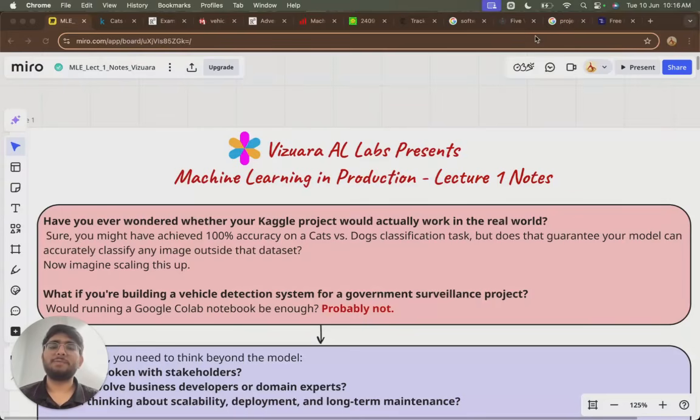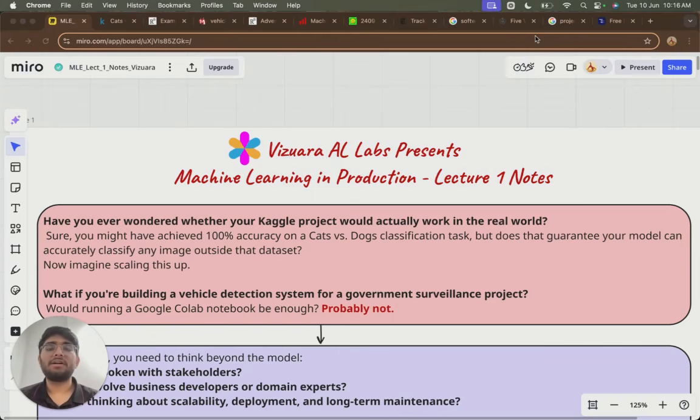If you're a beginner in machine learning, which platform would be the first you would explore? The platform that you would explore will be Kaggle. Always, if you just look back, if you are advanced in ML, just remember what was your first Kaggle project. So your first Kaggle project might be cat versus dog classification or a Titanic one. These are a few projects that every ML practitioner has gone through once in his life at the beginning stage.